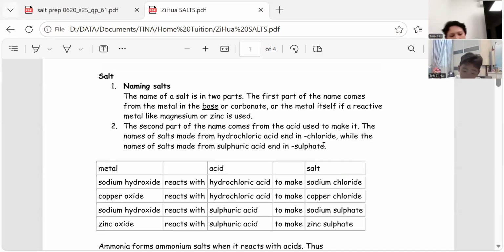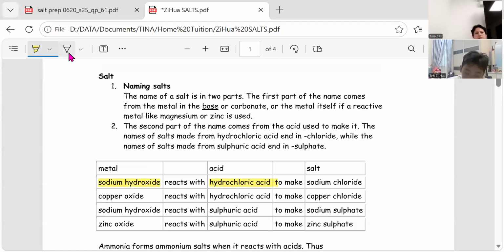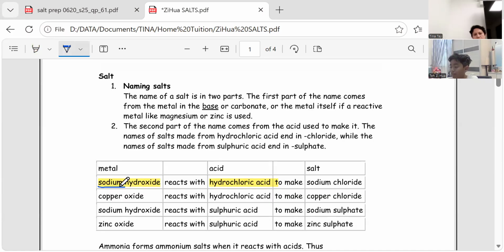What we need to know is the names of the salts. So the cation type of ions that we have and the anions. So the simple ones that you learned last time, okay? So for example, if sodium hydroxide reacts with hydrochloric acid, the sodium is the cation, the chloride from